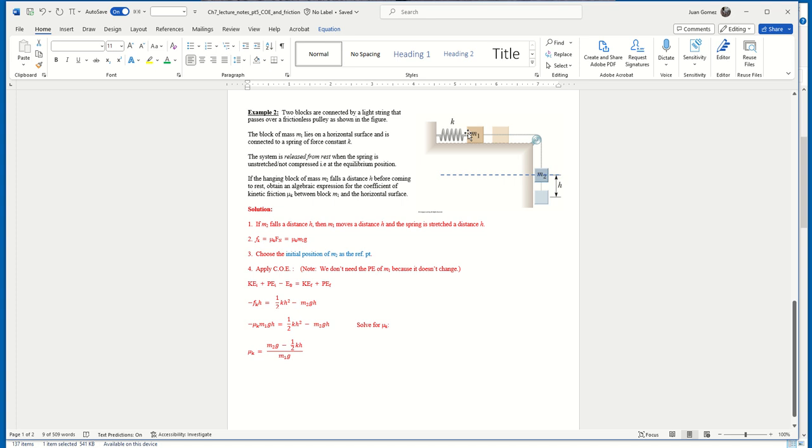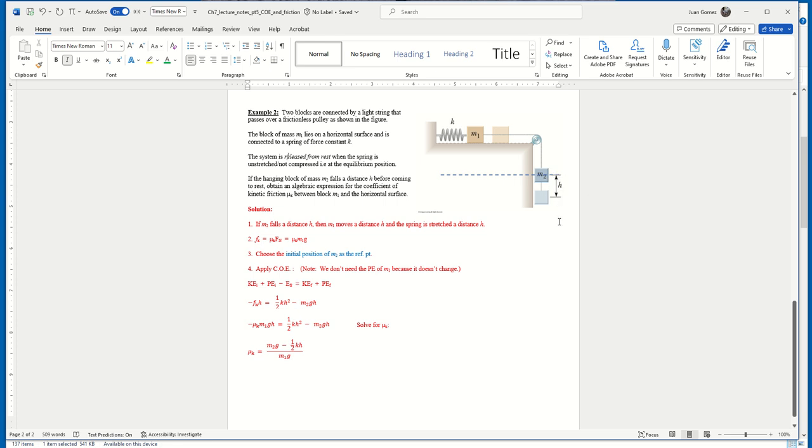Let me just backtrack slightly. The system, meaning M1 and M2, is released from rest, meaning initially M1 and M2 are at rest. So KE initial is 0. And furthermore, it's released from rest when the spring is at equilibrium. So we know KEI is equal to 0, and we know the initial potential energy of the spring is 0. Then the falling mass, M2, falls through a height of h